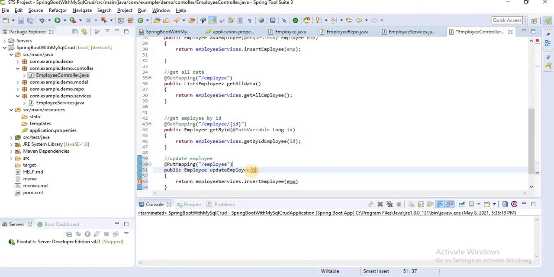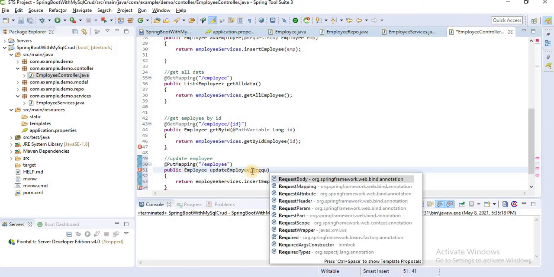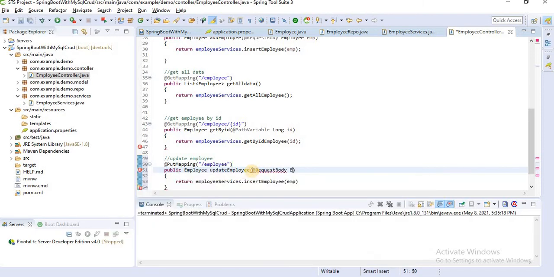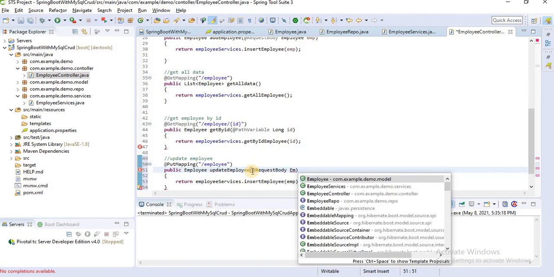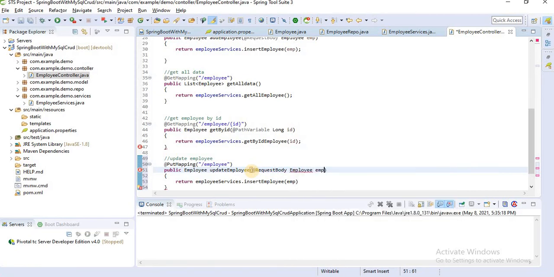We are using a request body because we are getting data from the body. RequestBody employee emp, and we simply pass that there.